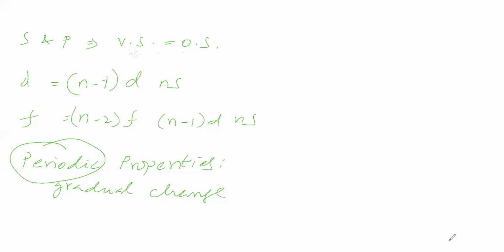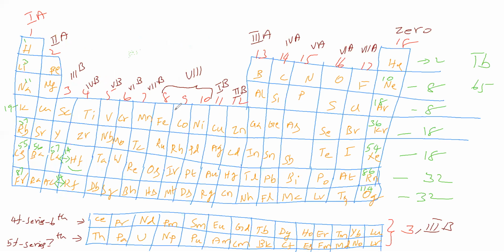In the periodic table, what are the elements present? Here we have committed a mistake. It is not 114, it is 118. This OG is 118. So now this is a periodic table. In this periodic table, which are metals, which are non-metals, and which are metalloids, that we will come to know.